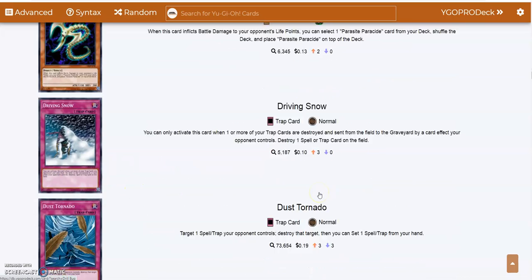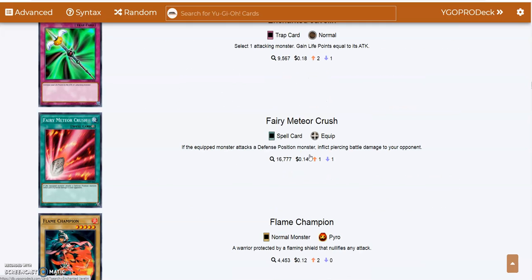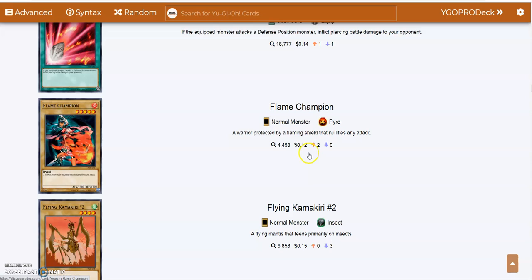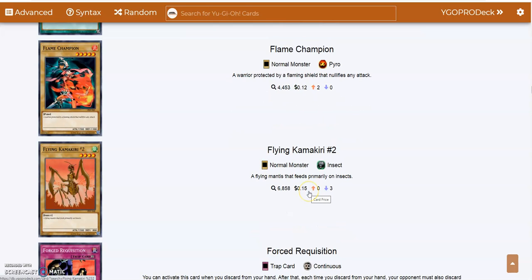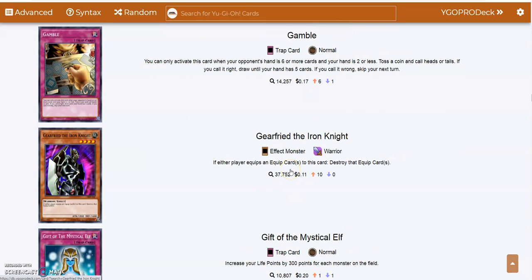Drill Bug, Driving Snow, Dust Tornado, Earth Shaker, Enchanted Javelin, Fairy Meteor Crush, Flame Champion, Flying Kamakiri number 2. I'm pretty sure we had the number 1 already reprinted, so I'm not going to throw any flak at this one. Forced Requisition, Gamble, Gear Golem the Moving Fortress, which is a card that I feel like needs to get